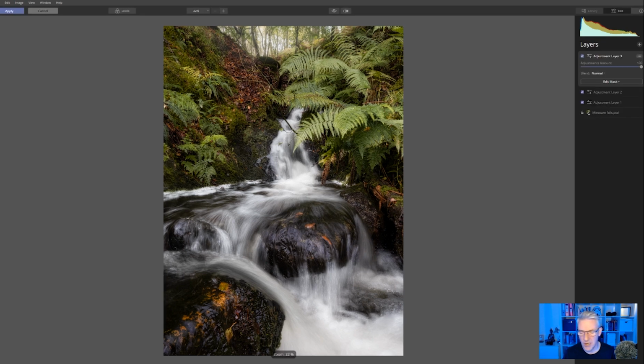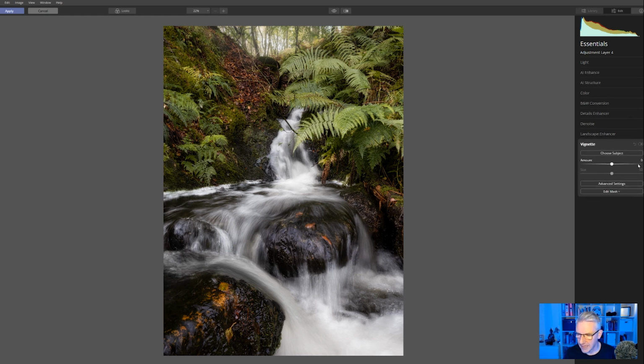So what I'm going to do is in my final layer, I like my layers and I like working with layers. So I'm really looking forward to Luminar AI. If I can do all this in one edit, and basically I'll call it a blank layer, and I can still get all the same effects, I'm really looking forward to that because it'll make everything so much quicker. Add new adjustment layer,